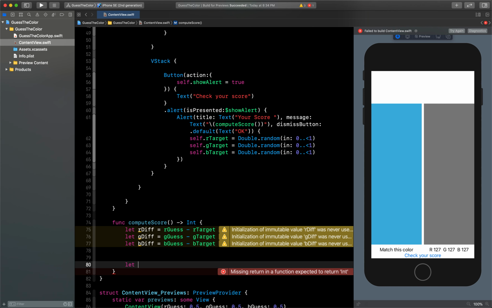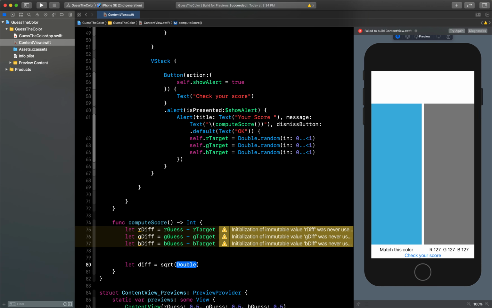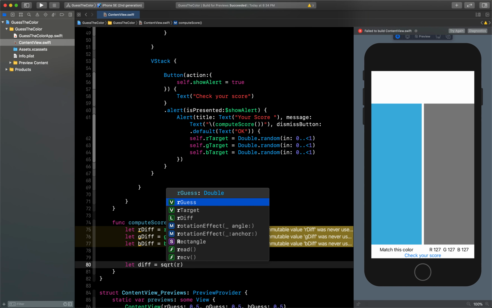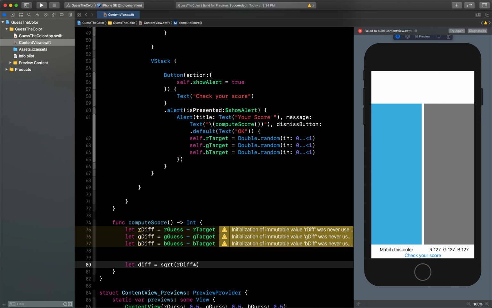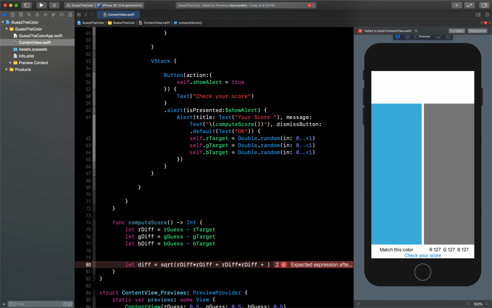So I will say let actual difference equals to square root, and it will take the values as r difference multiplied by r difference, then plus, same I have to do for green and blue, so let's just copy this to save the time, and plus green and blue. Okay, so we have got the difference for these three values.